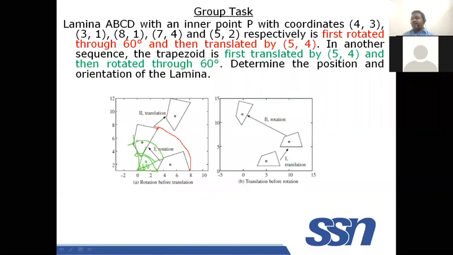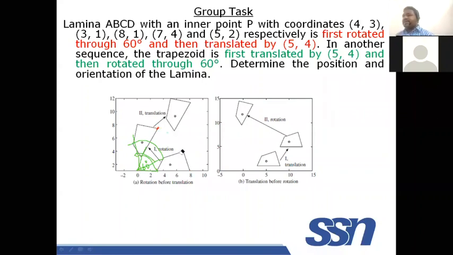Okay, you can have a rotation. Once this position is known, you have to translate with respect to 0, 0 by 5, 5. Means add 5 unit in x coordinate all the points. 4 units to y coordinate value of all the points. It will be shifted from this place to this place. This is case A.